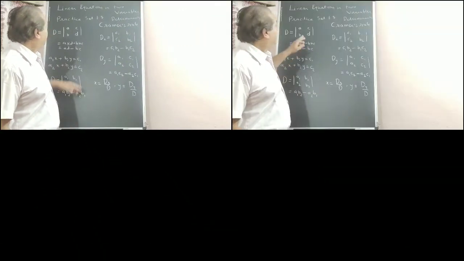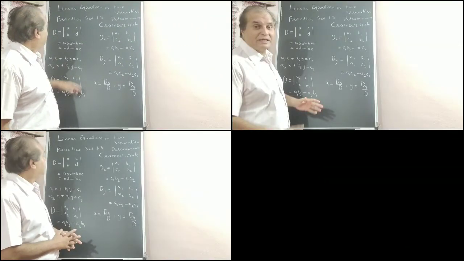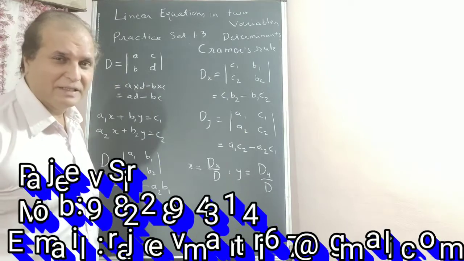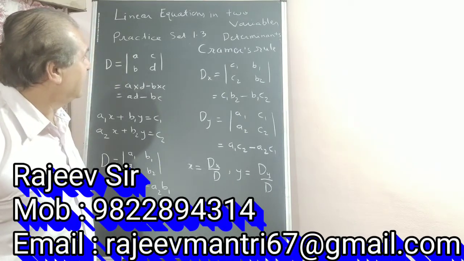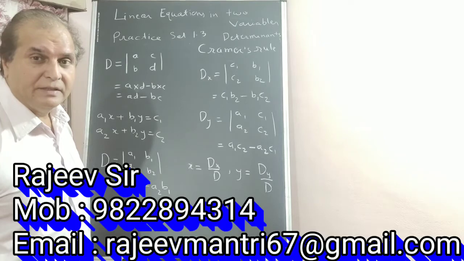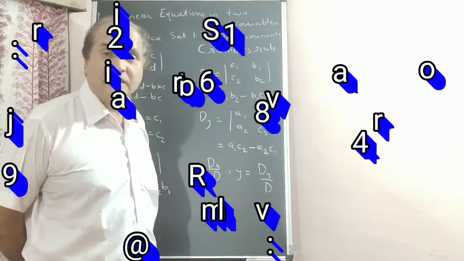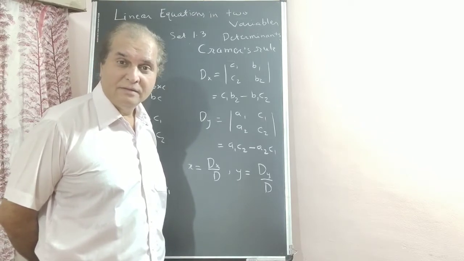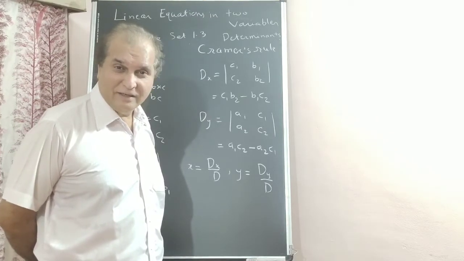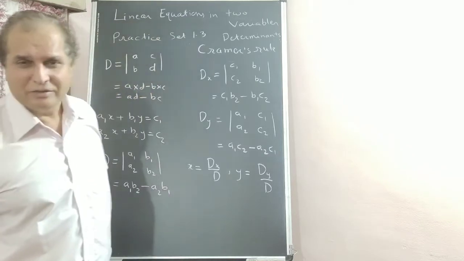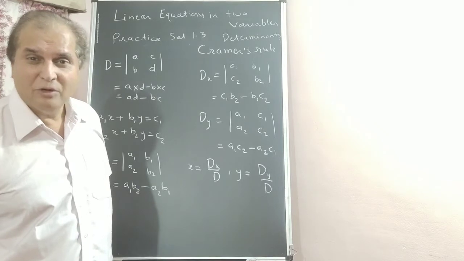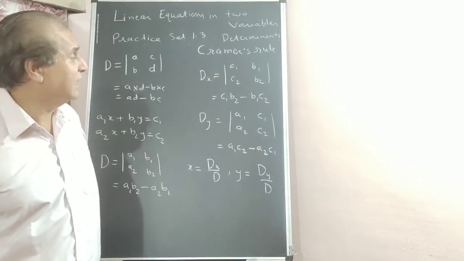Today we are starting with exercise practice set 1.3 of maths on algebra, linear equation continuity. Up till now you have studied the substitution method, elimination method, and graphical method. In 9th total I am telling you. And now one more method I am telling you, that is Cramer's rule.